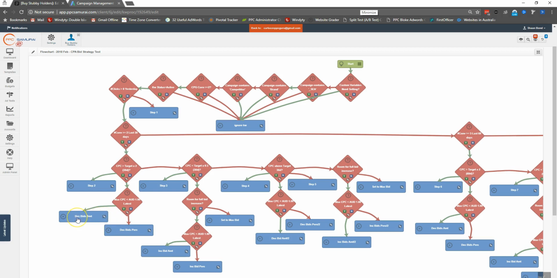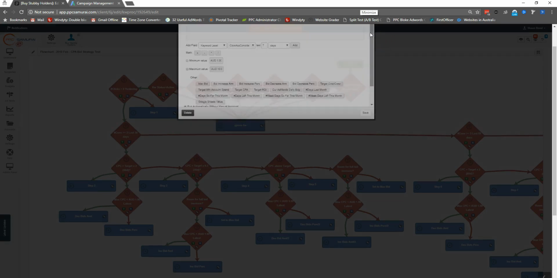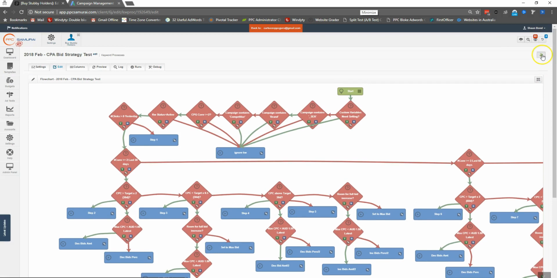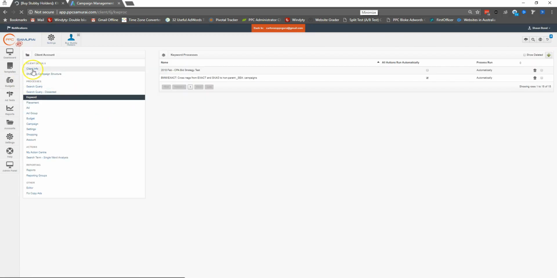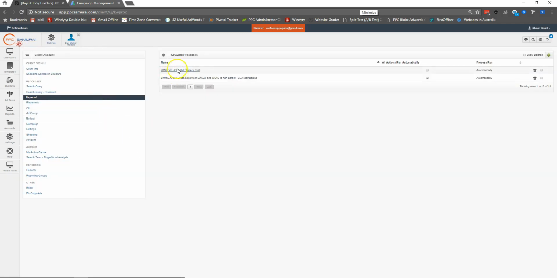And this is where our custom variables start to come into play. So we can say here we want the bid decrease amount. So in this case, I'll just check and see what we've got. I think we've got 5 cents or something as the bid decrease amount. All right, so we're using 5% and 5 cents as our variables here. So if we jump back into that process,